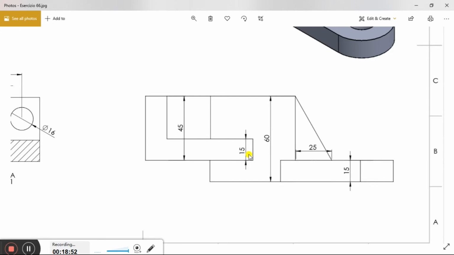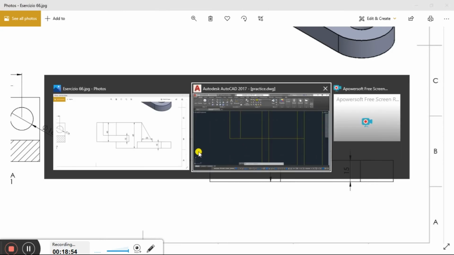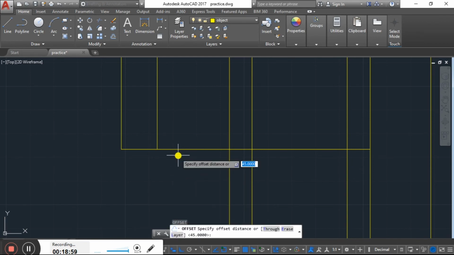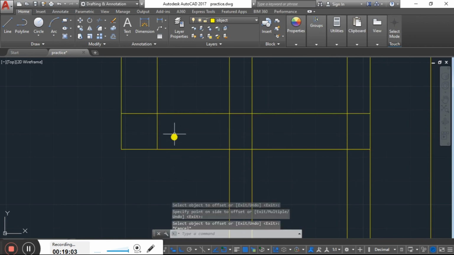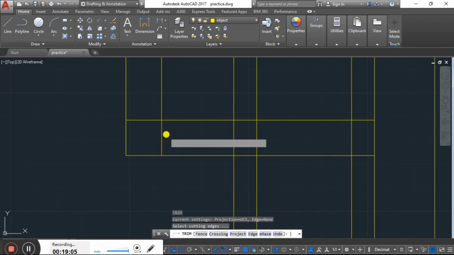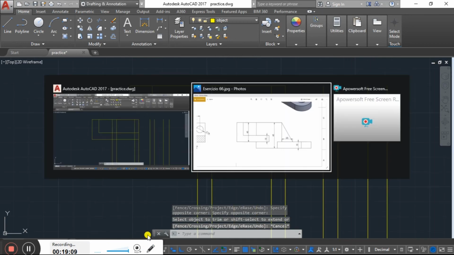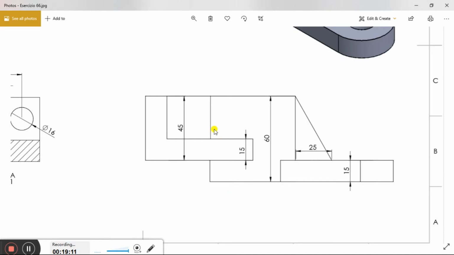Further, this is also 15 mm. Offset this line by 15 mm. Here trim the unnecessary section. Just go forward. We need this section line, this section line, and this section line.